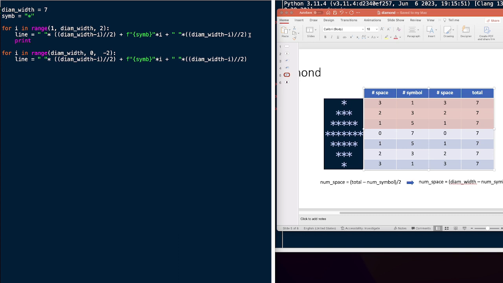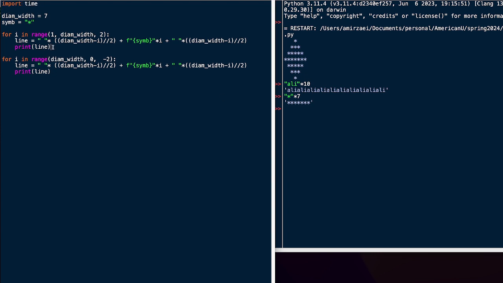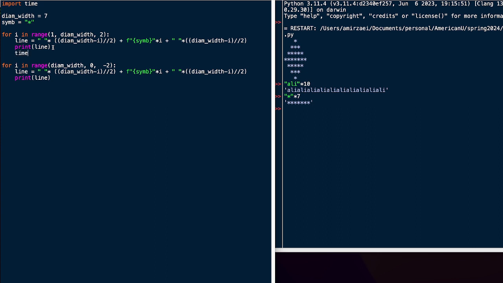Now I just need to print line, and print line. That's it. But just one thing that I want to show here, let's add some imports, import module time. And then I want to add some animation here that basically sleeps or delays after generating a line. I just want you guys to see how this is generated, because this is important for our next steps or next challenges. So if I run this now,